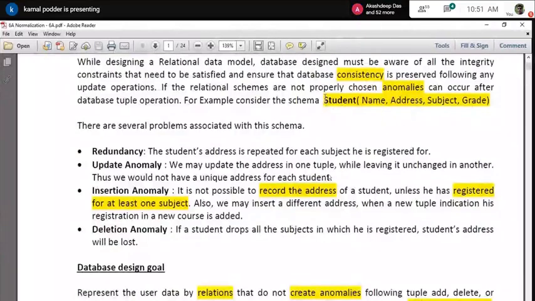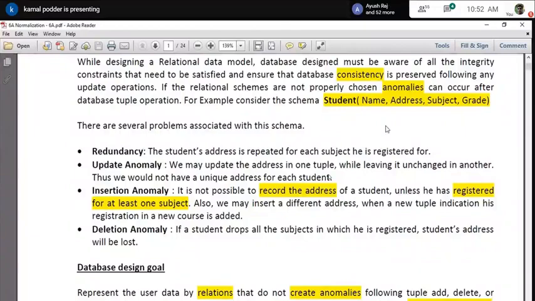Suppose I have designed one table, student, and in that table you have decided to keep name, address, subject and grade. From analyzing the requirement, you have found that the student is taking a lot of subjects, and you have to also capture the grade of each individual subject and all other things. By understanding all the requirements, you have proposed a table. Okay, like this. And in the ER diagram, we have proposed a table with these attributes.